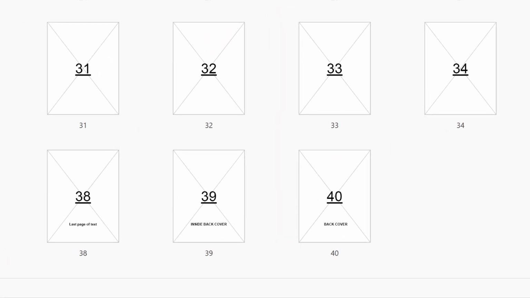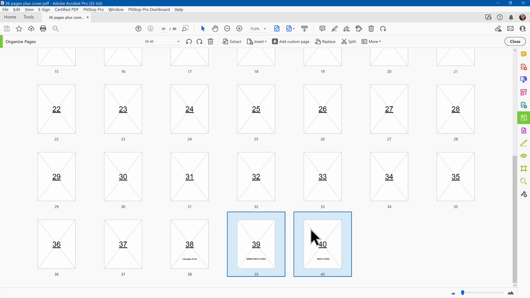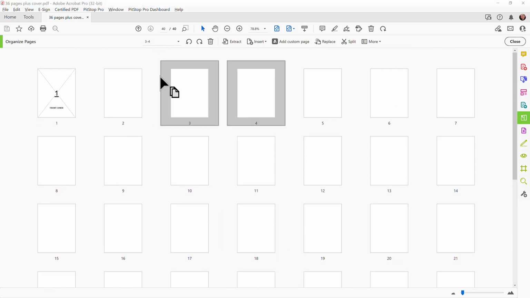Problem is, the job isn't actually a self-cover. The cover prints on different stock. So the workflow for the digital press wants the cover pages together at the start to make it a single 4-page signature. So we need pages 39 and 40 moved so they're after pages 1 and 2. Not a big deal. Drag the pages to reorder them. Except my client gets 50 to 150 of these a day. Doing it manually is not going to work.